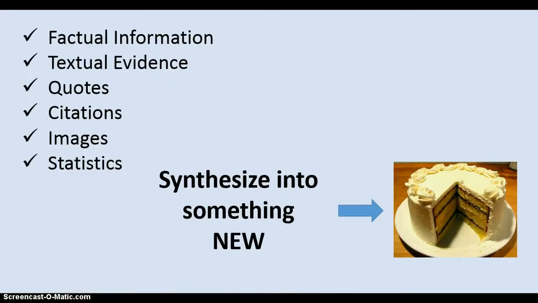Remember, if you have just relisted facts and changed a word here and there, you haven't synthesized, and you may have plagiarized. Think about what you wanted to learn from your research and whether or not you learned it. As you decide what information to include, go ahead and look for images, charts, and statistics that will best represent your findings and what you want your audience to understand. Check that you have everything you need, facts, evidence, quotes, and citations, whatever is required by your teacher's rubric.